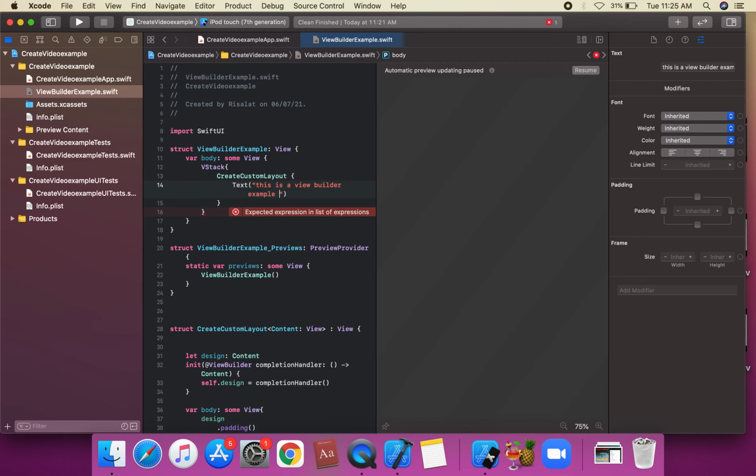example in SwiftUI. This is the view builder example in SwiftUI. How to use super views in view builder example in SwiftUI. So this is the one text. So what is the view builder definition? A custom parameter attribute that contributes from